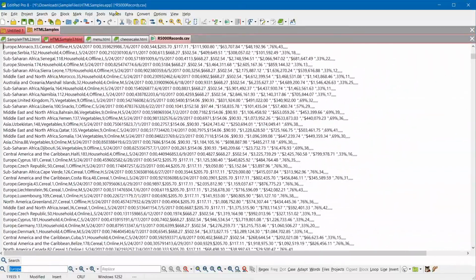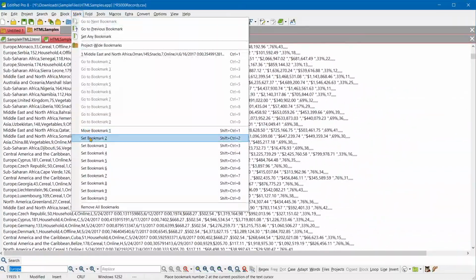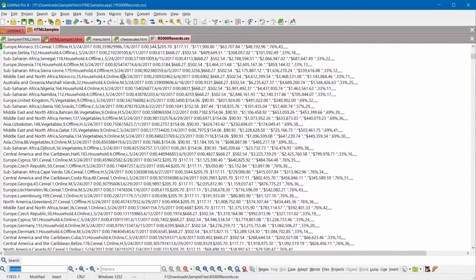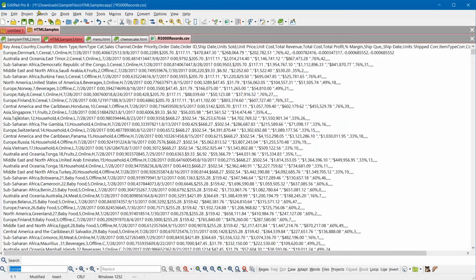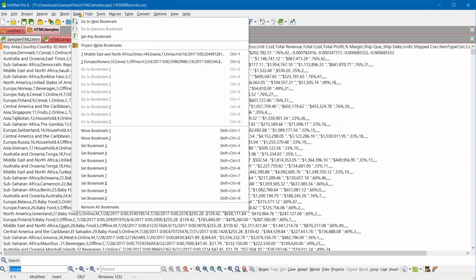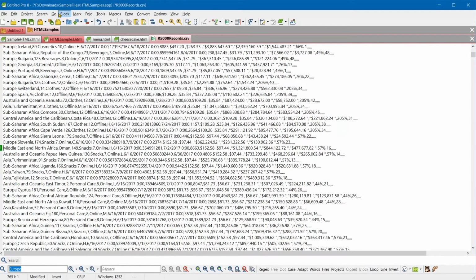And we're going to choose mark, bookmark 2. Then we can go back to our beginning. And we're going to say mark. And we're going to say go to our first one. And then we'll go to our